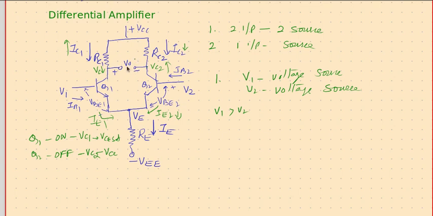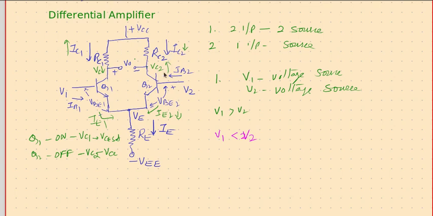So if you just measure this voltage in this polarity, we get a negative voltage. So that is, this voltage is minimum, this voltage is maximum, therefore VO is negative. Done. Now if the situation is turned, and if you make V1 less than V2,